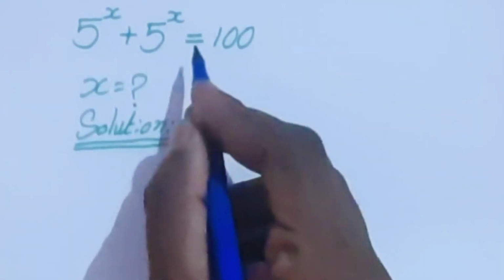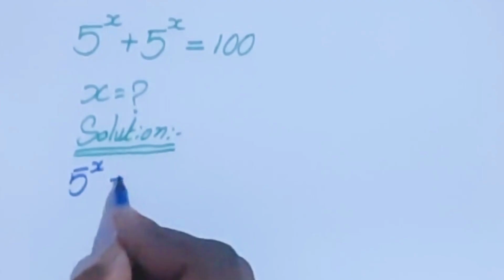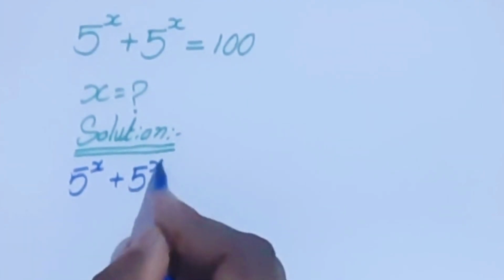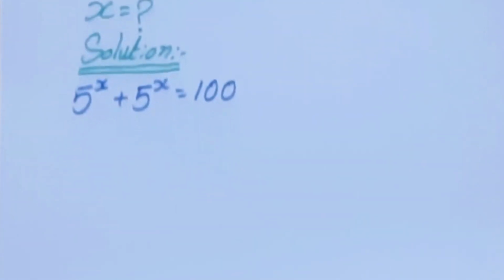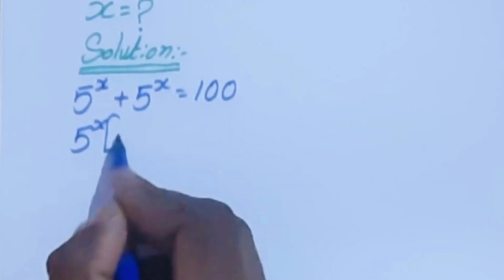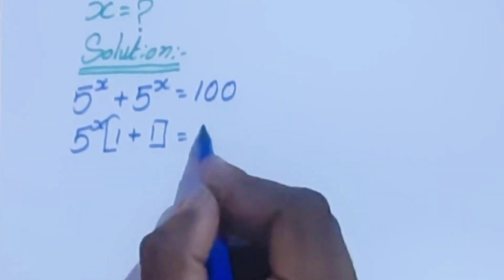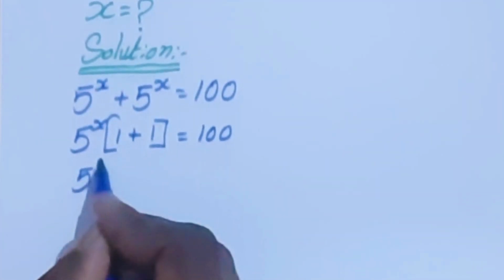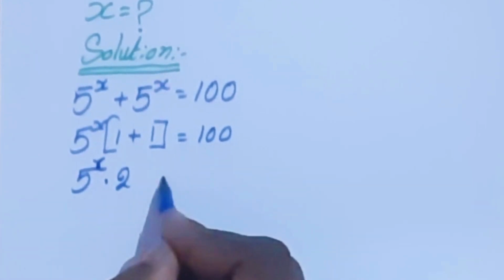Today we are going to solve this problem to find the x value. Solution: 5 power x plus 5 power x equal to 100. Here we are going to take 5 power x common out. So 5 power x open bracket 1 plus 1 close bracket equal to 100. Now 5 power x times 2 equal to